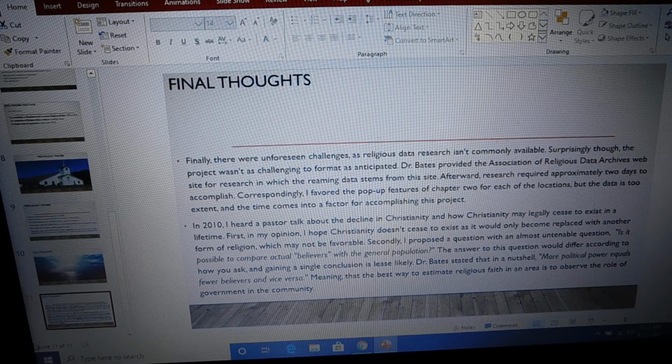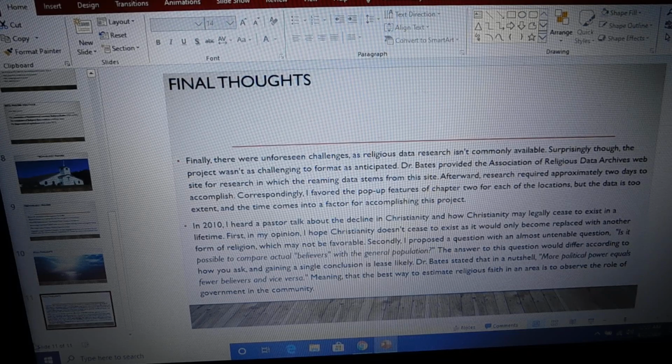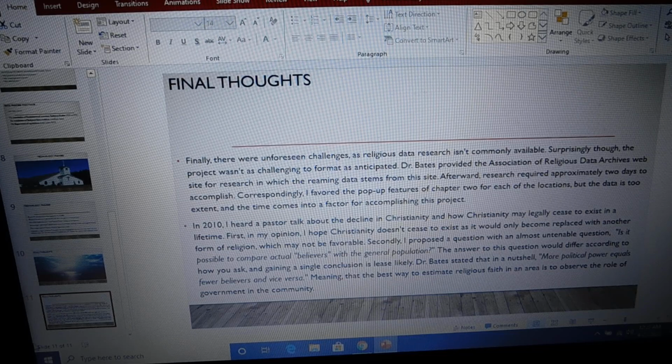But Dr. Bates gave some food for thought. Dr. Bates stated that in a nutshell, more political power equals fewer believers and vice versa, meaning that the best way to estimate religious faith in an area is to observe the role of government within the community. So I think that concludes